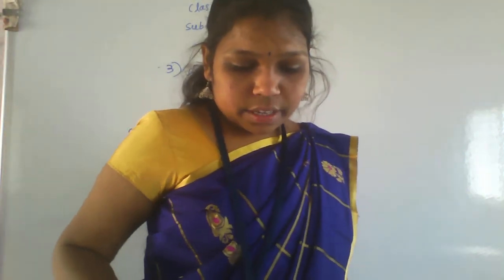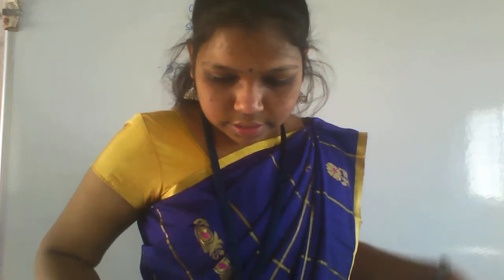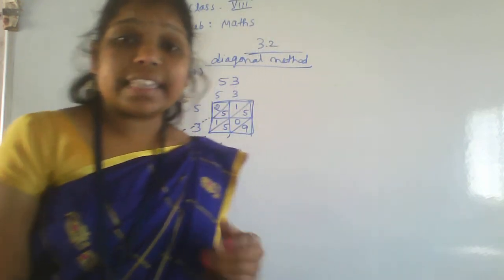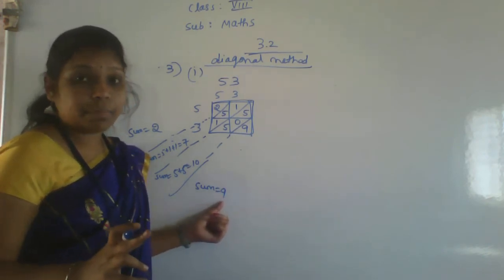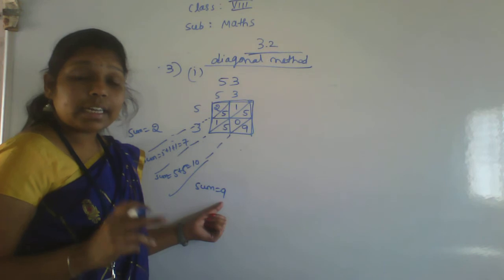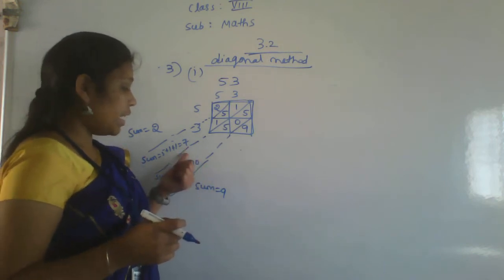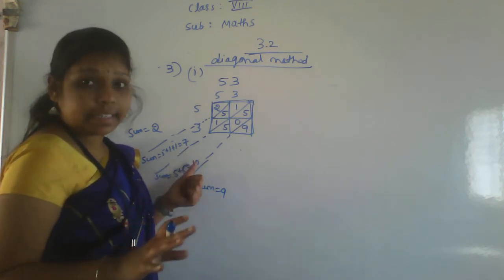See here, now starting from the lowest diagonal, add the digits along the diagonal, write the ones digit of the sum along the diagonal, and carry forward the tens digit, if any, to the next diagonal. If a tens place value is there, see here. Here only one digit is there, so leave it. If it is a 2-digit number, then take the tens place value to the next sum and add. Like that you have to do.